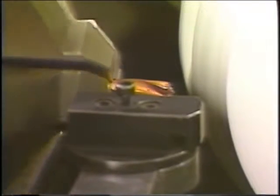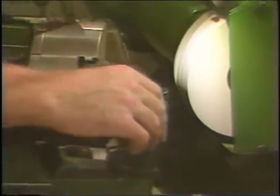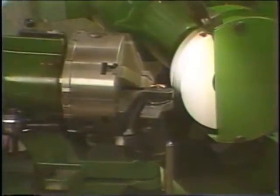This cam has a high drop on it, so if you find that you're nicking the leading edge as you're grinding, what you would need to do is set the latch back in position and then rotate the lip up just a little bit, change the timing slightly, rotate it up off the setting blade, come back in,